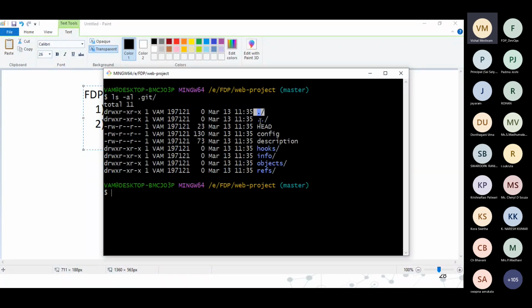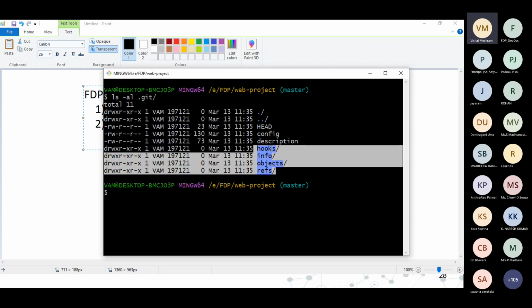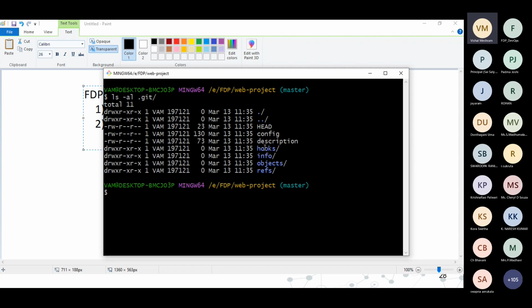Dot represents the current directory, double dot represents the parent directory. This white color represents plain files, or you can see this flag also. If it is a dash, that means it is a regular file. If it is blue, and it is written with a d, that means these are directories. So there are almost 1, 2, 3, 4, 5, 6, 7 directories, and 3 files are